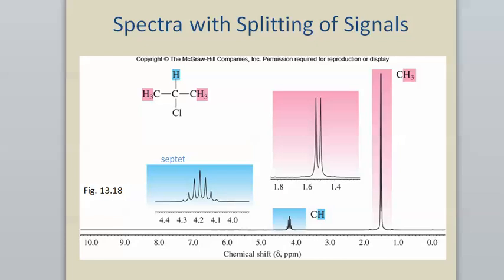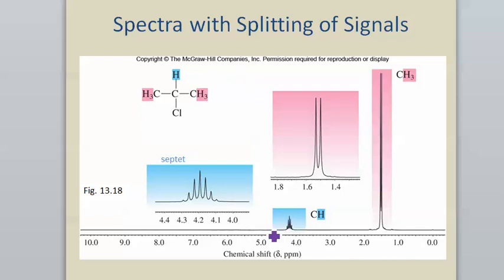Here's a few more spectra with some other splitting patterns to be aware of. This is 2-chloropropane here, or isopropyl chloride. And isopropyl groups show up a lot in chemistry, and they have characteristic patterns in their NMR spectra. So you can see the pink hydrogens, those 6 give rise to one signal here, even though it's split into actually 2 peaks. And then the blue hydrogen is going to give its own chemical shift, and even though it's